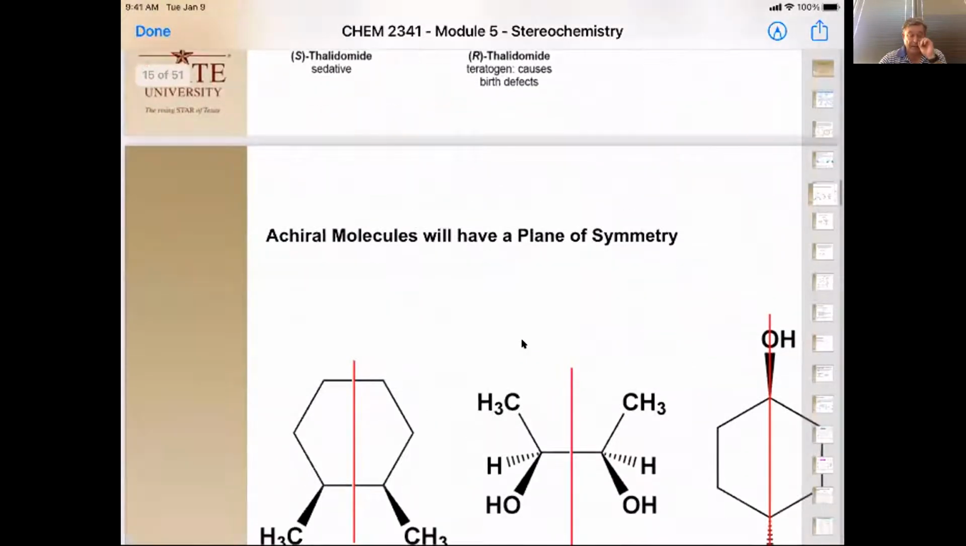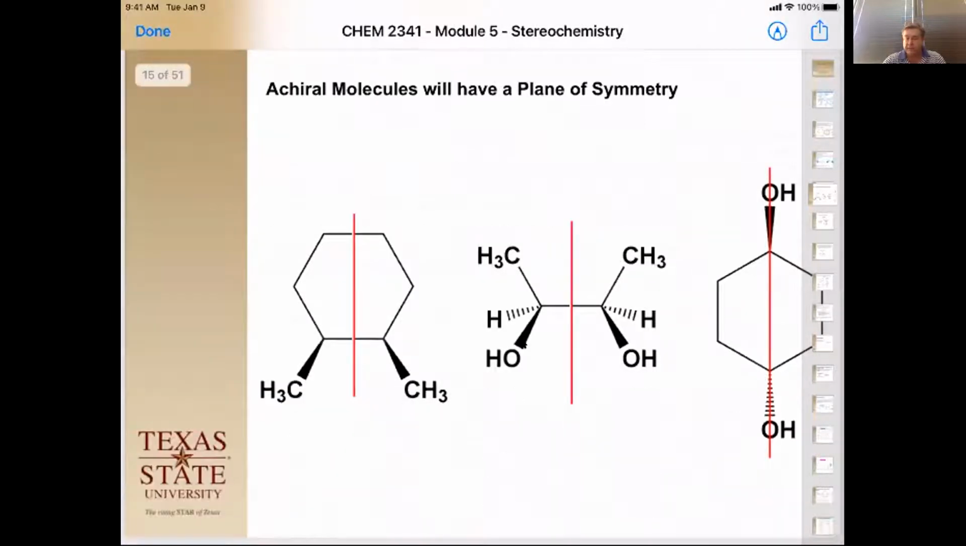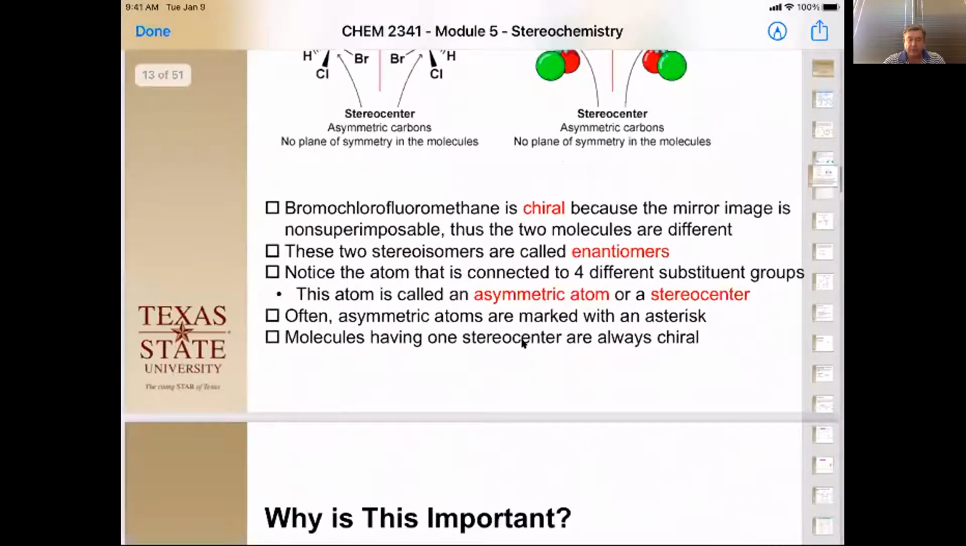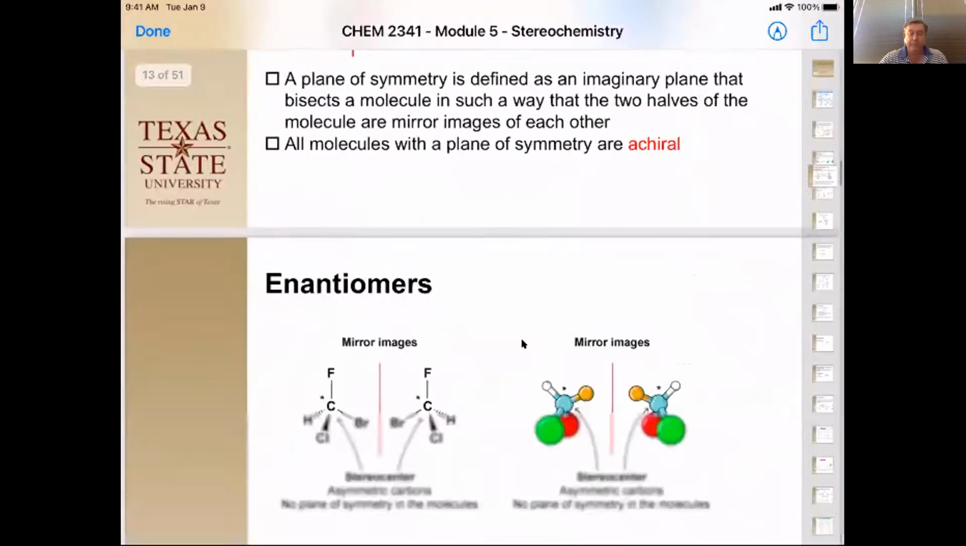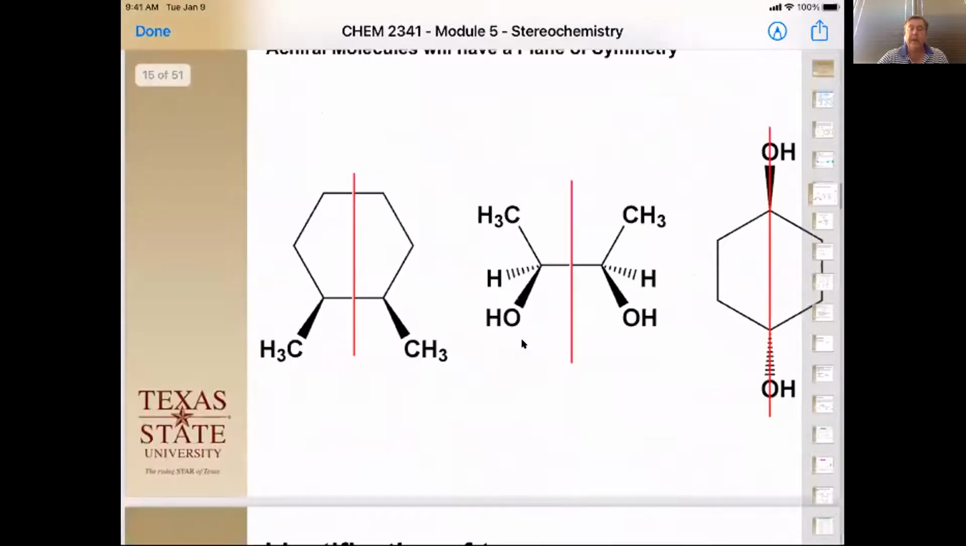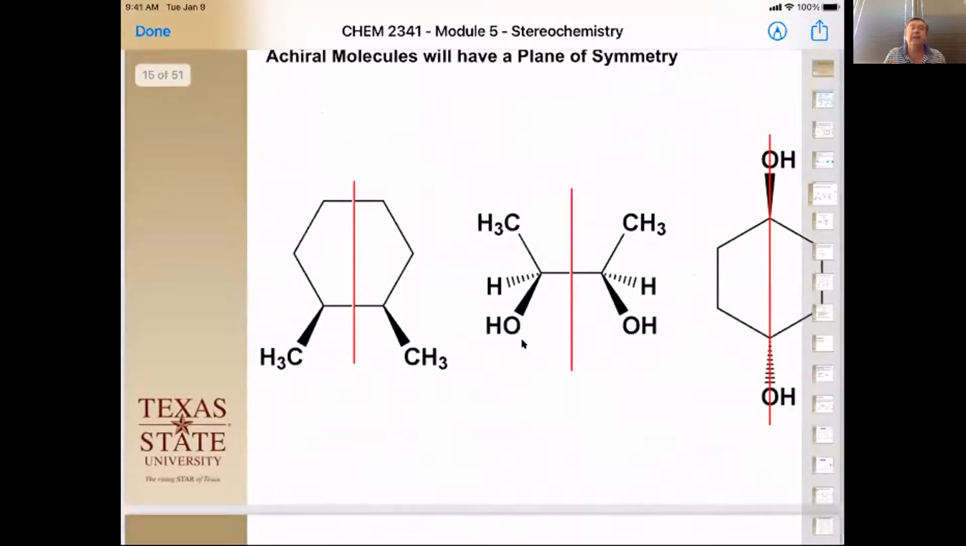So now, just because you have a stereocenter in your molecule does not necessarily mean it's going to be chiral. If you only have one stereocenter, the compound is always chiral because there is no way for you to create a mirror plane. However, in the case of these compounds here, we see that this carbon and this carbon are